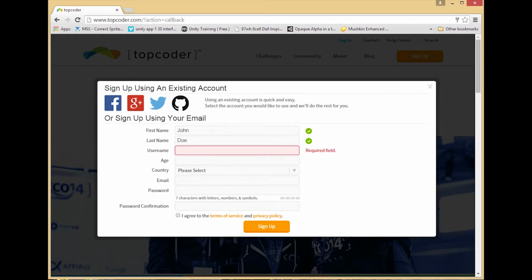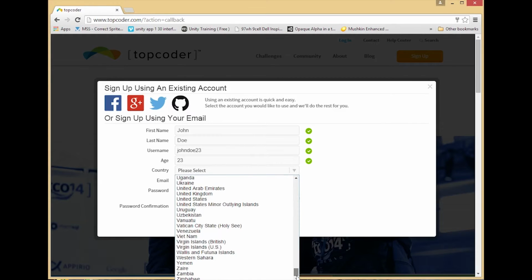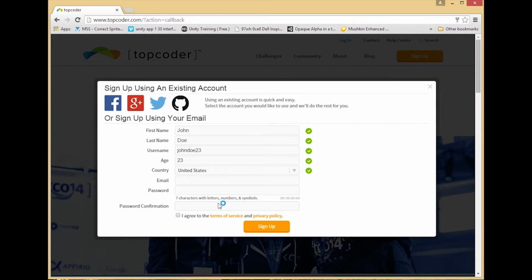First and last name should be self-explanatory. Username is something that you create yourself. It could be something from your name, could be something creative, or maybe a combination of both. Age and country also should be pretty self-explanatory. For your email, you can use a personal email or a work email. If you're doing something that's associated with work, for instance a private event we're holding, you'll want to probably use